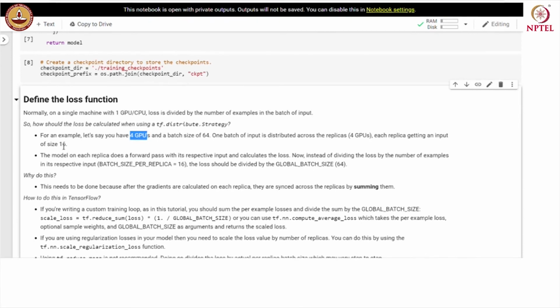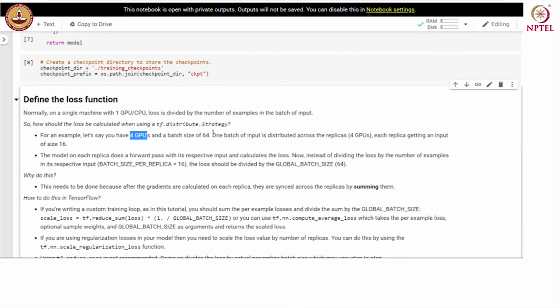The model on each replica does a forward pass with its respective input and calculates the loss. Now, instead of dividing the loss by the number of examples in its respective input, which is 16 in this case, the loss should be divided by the global batch size, which is 64.